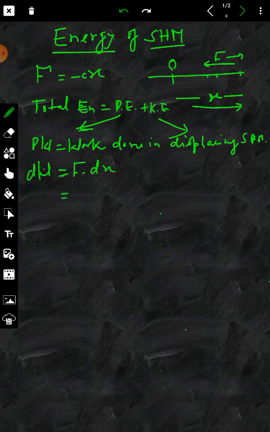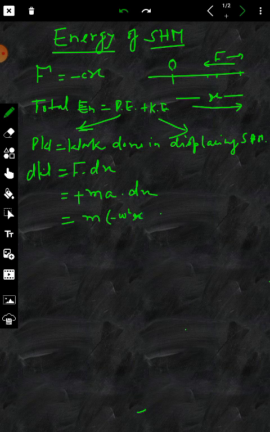From here, this f is nothing but minus m into a. This force can be written as m into a. It is a restoring force, so it will be along the direction of the acceleration. We are calculating here the work done by this restoring force in order to bring this simple harmonic oscillator back to its mean position, into dx. So here m into a, the acceleration of this simple harmonic oscillator, is equal to simply minus omega square into y, or here it is just x.